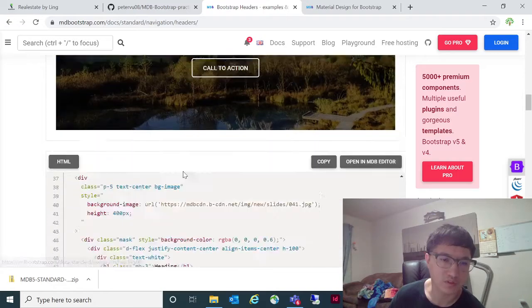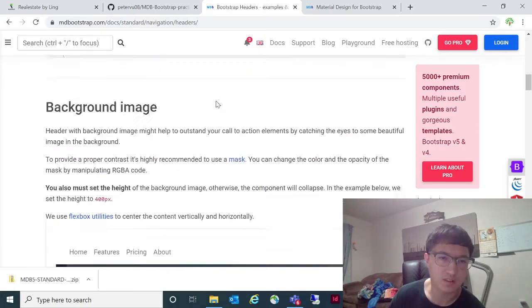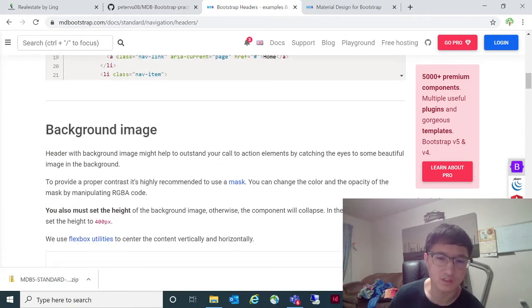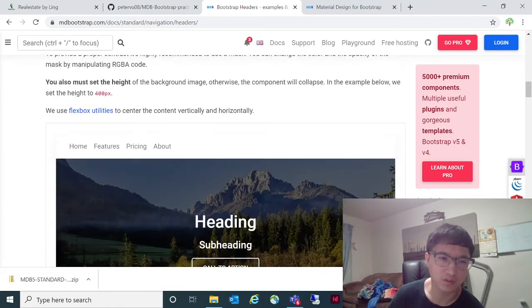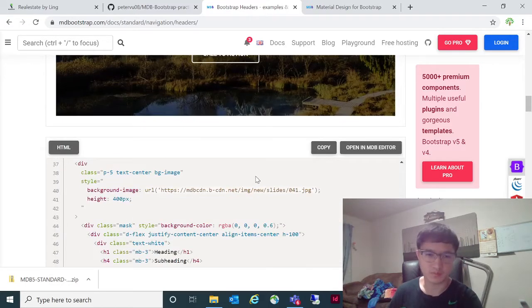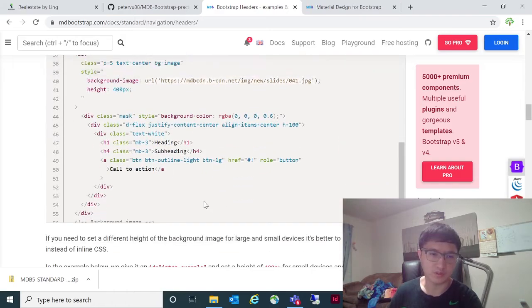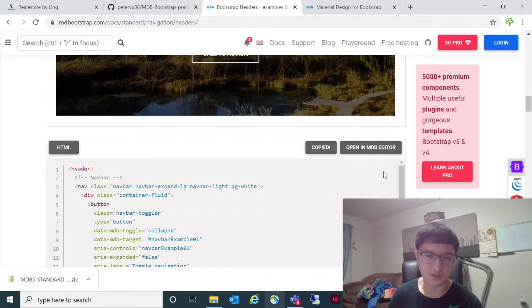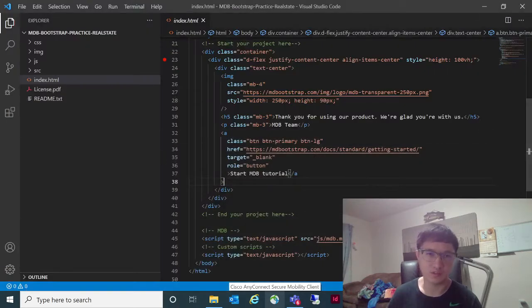Let's see what you can read about it. Background image, beautiful to provide contrast opacity by manipulating RGB code. You must set the background image. For example, set the height to 400. So the height will have to be 400. Let's just use this one. So I'm going to copy it. They give you a code snippet. You copy it, and let's go back to our